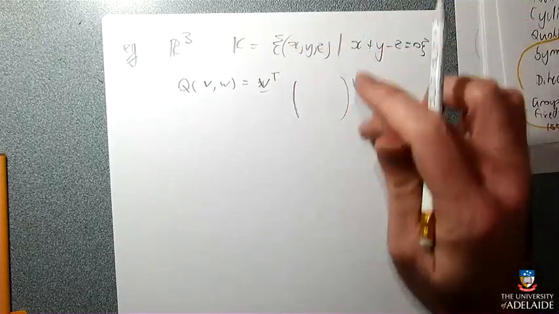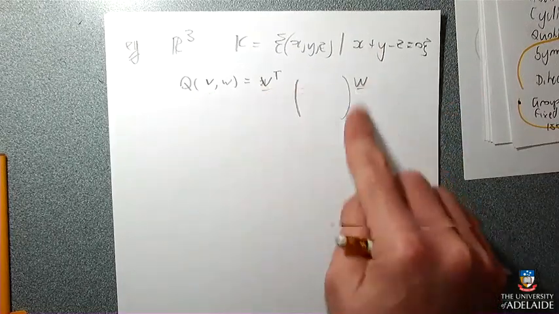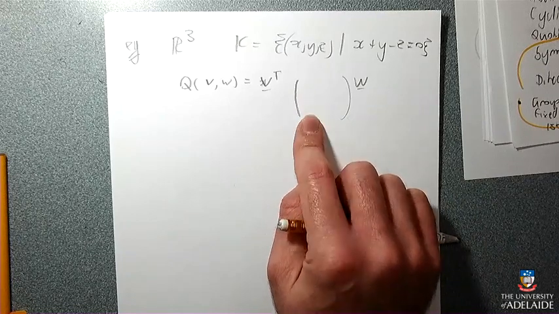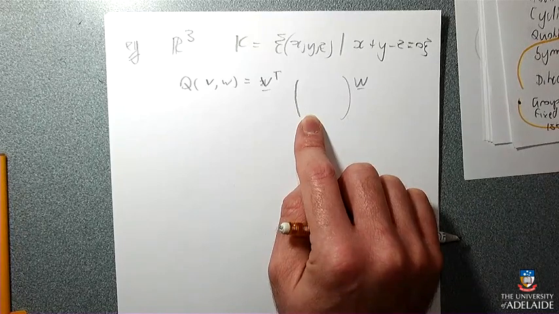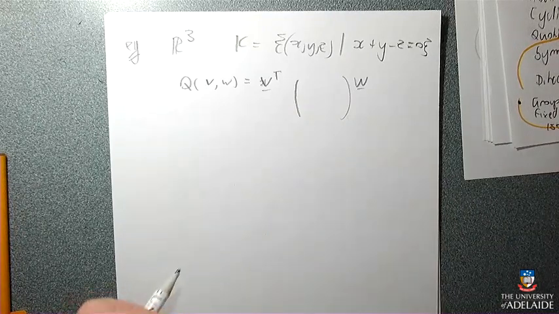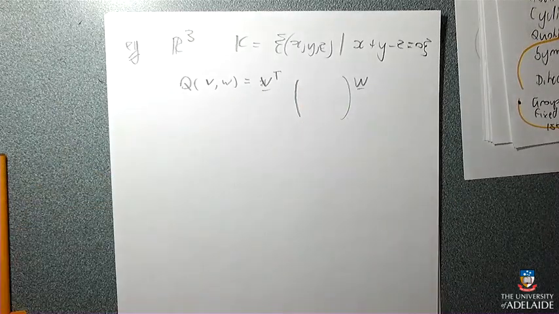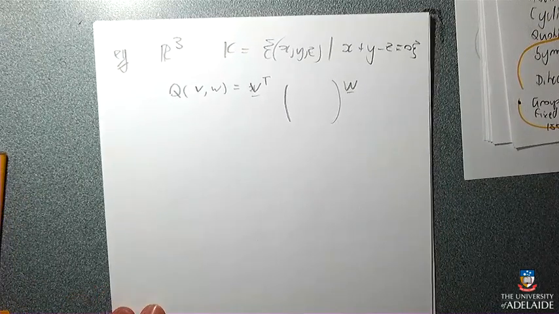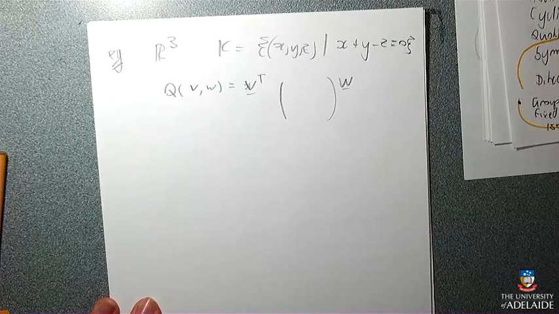You normally put a matrix here, don't you, to do this Q thing. If you put V as a row vector and W as a column vector and put a matrix here, that will work. What properties does this matrix have to have? It has to be symmetric, definitely. Is that the matrix where it goes Q(V1,V1), then Q(V1,V2), Q(V1,V3), and it moves along? Probably, because then that's symmetric as well, isn't it?